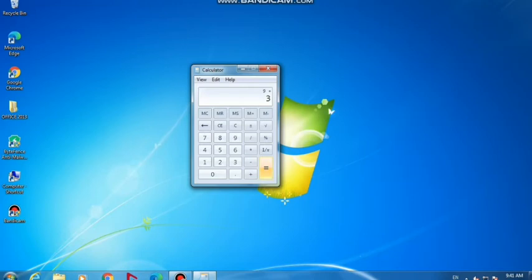Now click on the Equal to button. When you press the Equal to button, the answer will be displayed in this area. Now you can see 12 has been written. This is the answer. In the same way, you can subtract, multiply and divide the numbers.